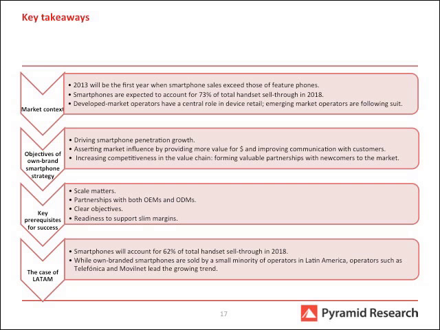Partnerships with both OEMs and ODMs, clear objectives in terms of what they want to achieve, and by they I mean operators, what they want to achieve with their strategy, and how deep their involvement should be, how much they want to customize the handsets, etc. And then readiness to support slim margins, meaning don't make selling devices your main business, and do expect some pressure